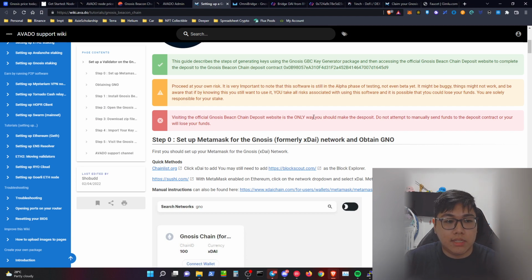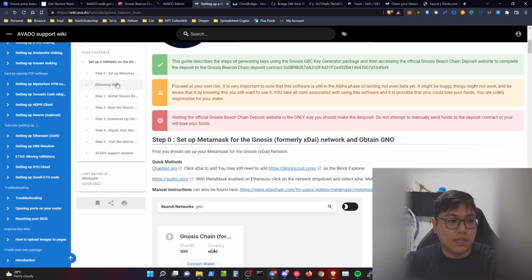Alright, so for the step-by-step guide itself on Avado and Gnosis, it's just 5 simple steps, I would say 6 maybe, including acquiring a GNO token, which I'm going to explain later on. So the 5 steps, first of all, is setting up your Metamask to the Gnosis chain, and yes, whatever address you're using on Metamask, if you switch it over to GNO, it is the same address because it is an Ethereum Virtual Machine environment. Basically, it's EVM compatible.